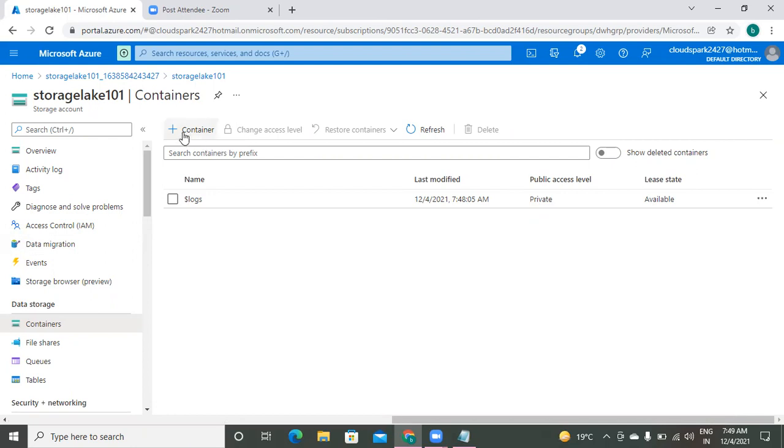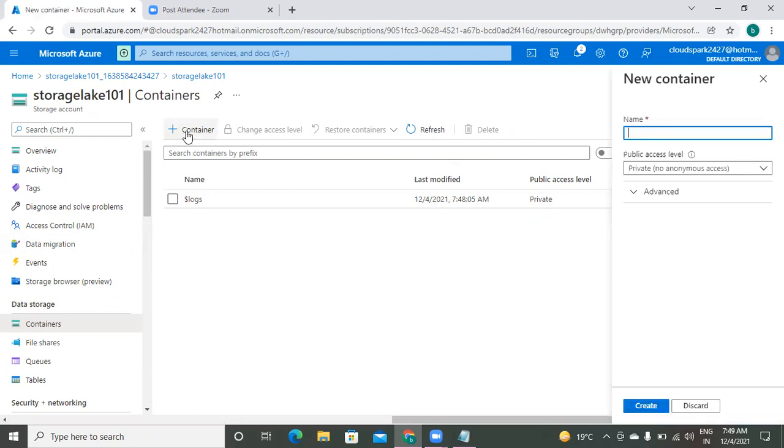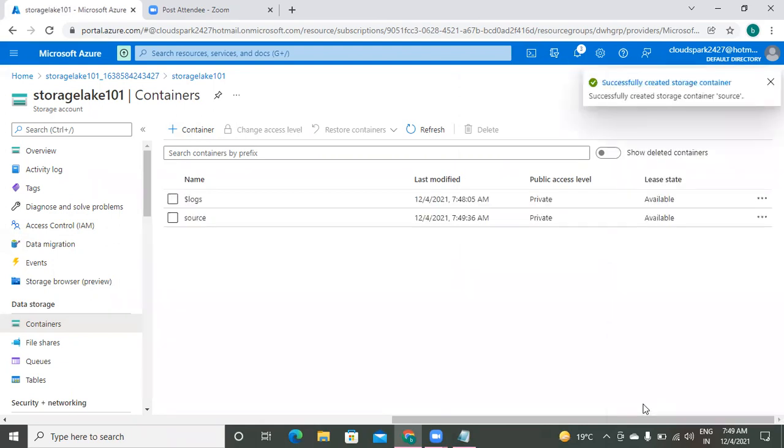In later discussions, we will see how to monitor those logs. I'm going to create a new container now. Just click on plus, that plus container symbol is here. The plus is for create. I'm giving a container name as source. One more container I want to create.